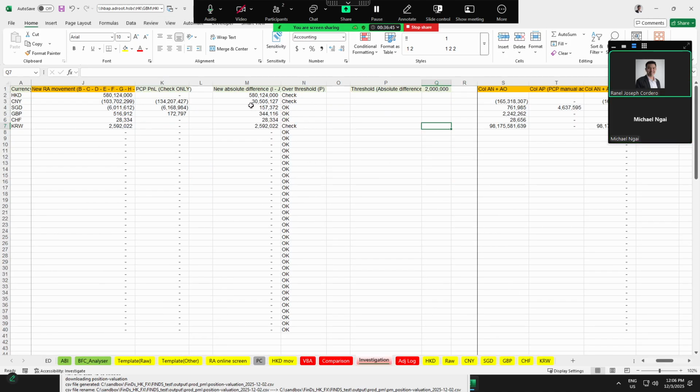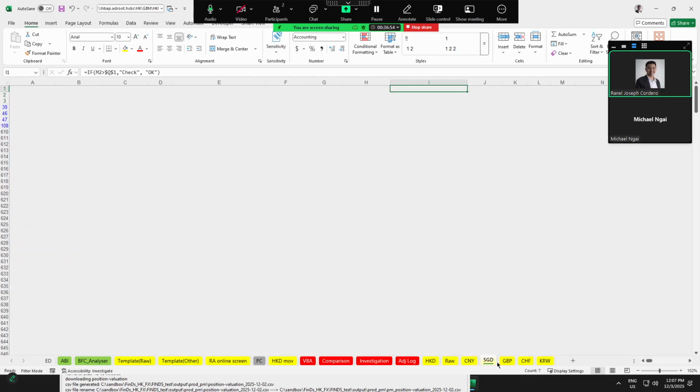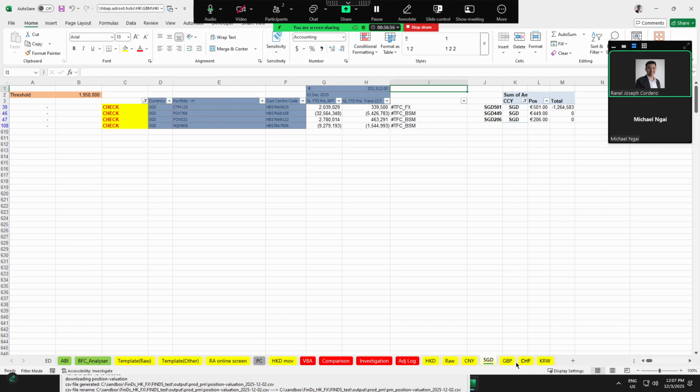So how does this affect our investigation on each currency? Can you go to the investigation tab?